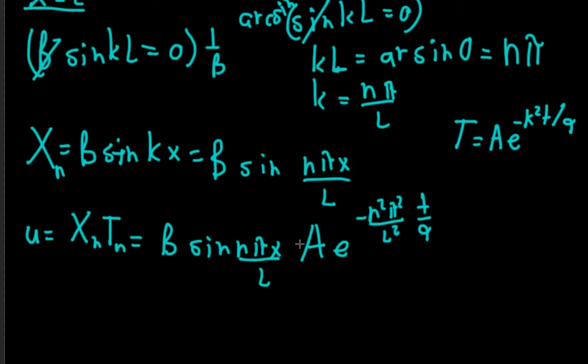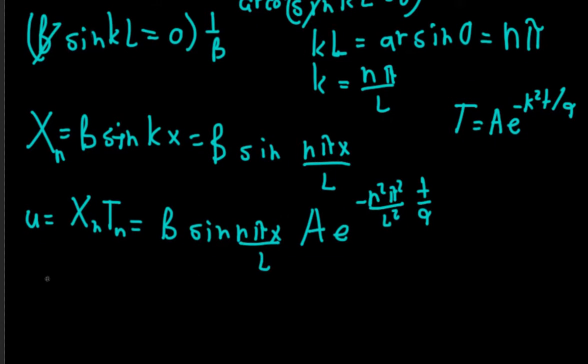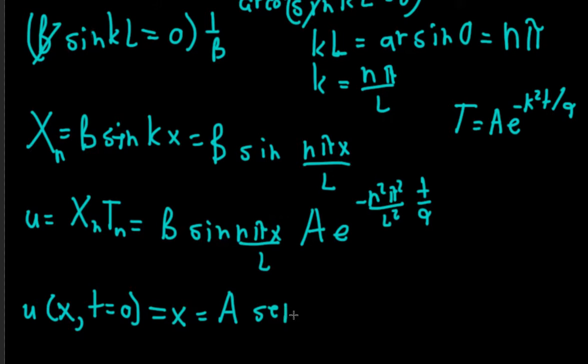And now what? Well, there is one more condition that our solution has to satisfy, and that is that for all space, when time is equal to 0, u must be equal to the initial function. And so when t is equal to 0, these are just constants, so I'm going to mash them up in a single constant. Is that alright for you? And I'm just going to call it a, because, well, I know that I say not to recycle letters, so don't follow my example. In the future use another, but I just like how this letter looks. So anyway,